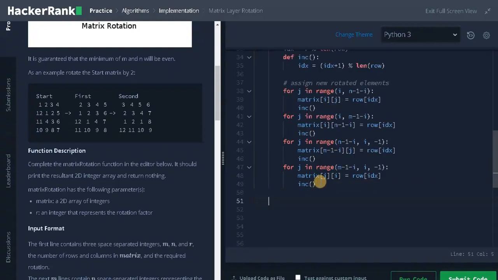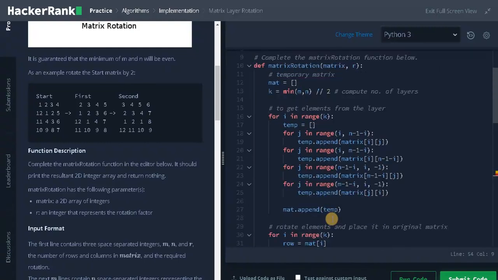Finally, we need to print the matrix with the space in between. So print the matrix, for row in matrix, now print asterisk of row. Asterisk of row will print the list with a space in between. So it will look like the output format.